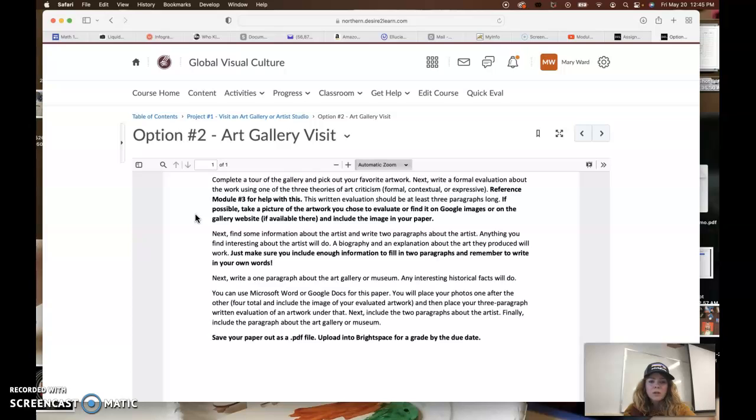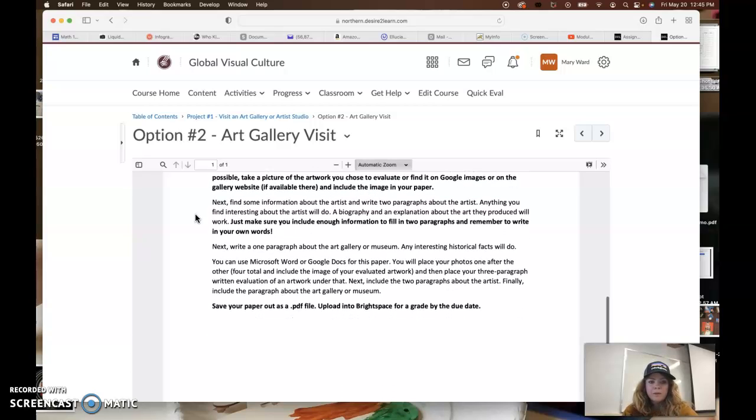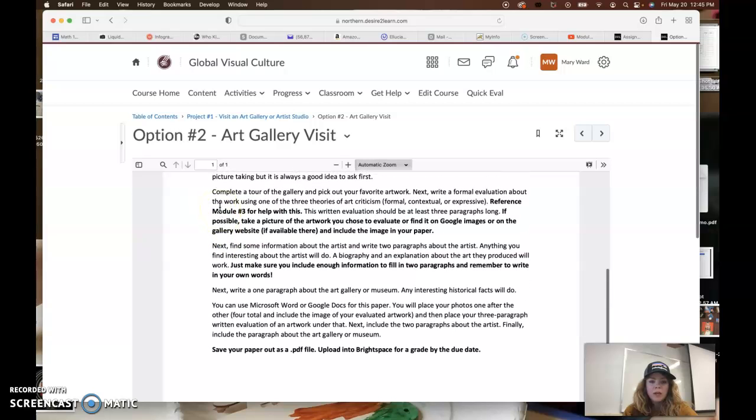Take a picture of the artwork that you chose to evaluate, or find it on Google Images or on the gallery website. If you can't take a picture of it, you should be able to take a picture of most of the artwork, and then include that image in the paper so that I know which image you're evaluating. And then after you evaluate that in 3